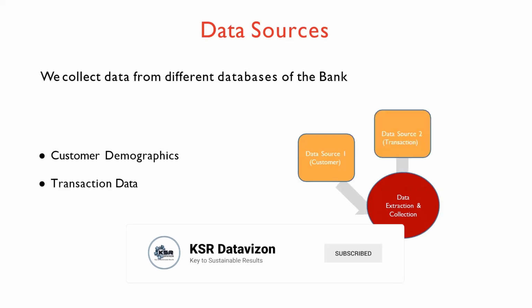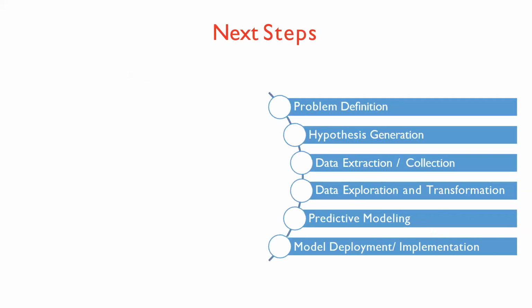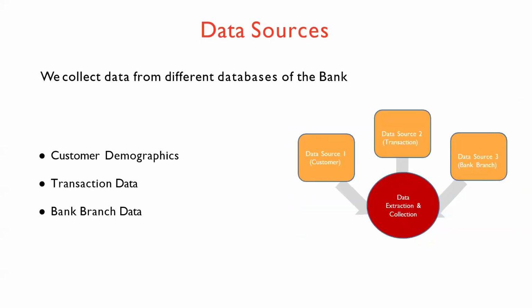Customer demographical. Transaction. Behavior means transaction. How many number of, right? Branch data. Maybe psychographical, address, location, everything you get from the branch data. So, majorly we collected the 3 data sources in this. What are those? Data source 1 is the customer demographical. Data source 2 is the transactional data. Data source 3 is